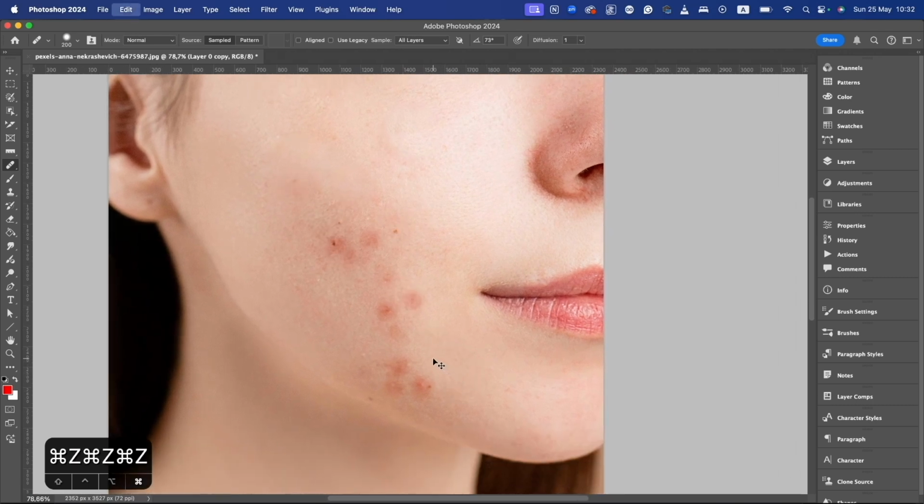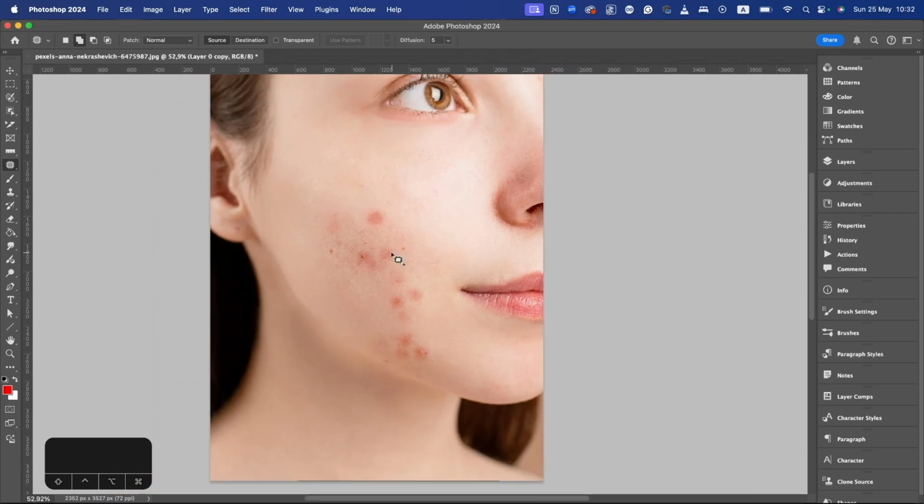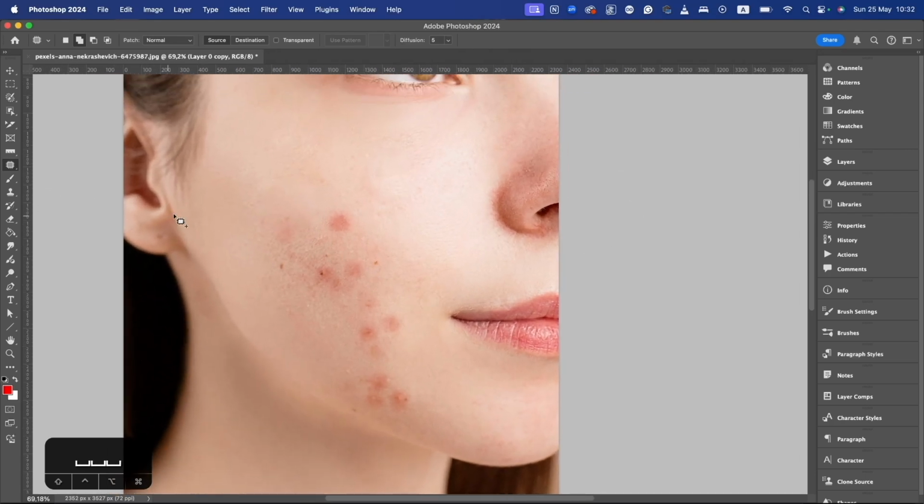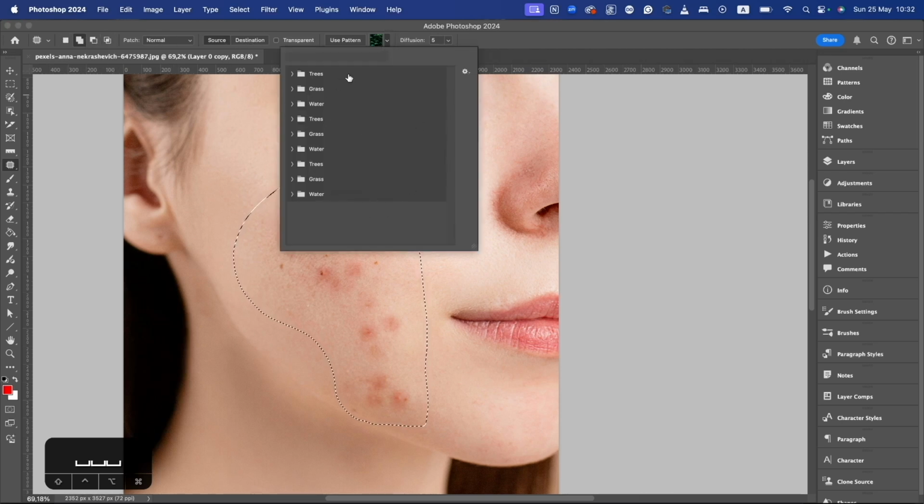Let's undo that. The next one is the patch tool. This deals with larger areas, but you would need a larger area for it to sample. So it works like a lasso tool. I'm gonna grab this area. We have the same things as the lasso tool up here. We have source, destination. We can load in a pattern if we want, but for skin, we don't really want